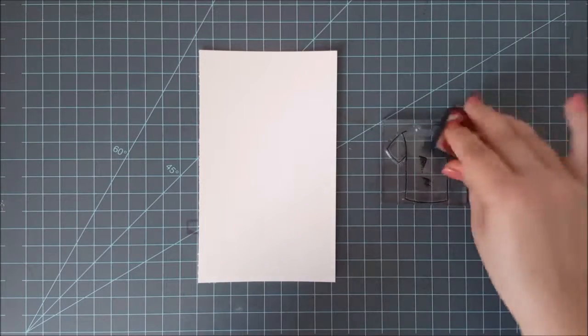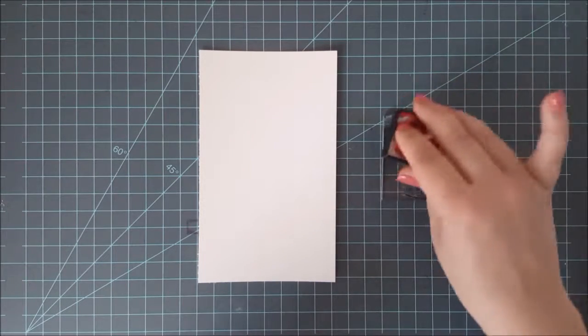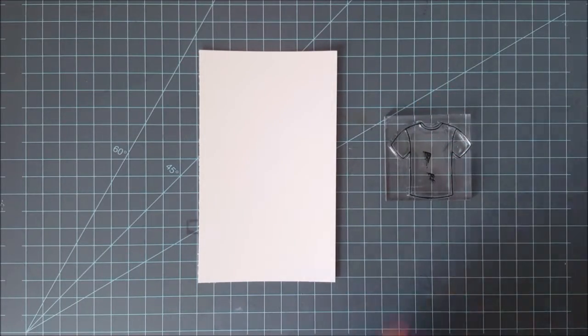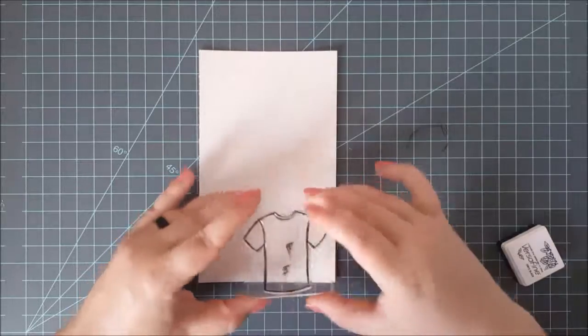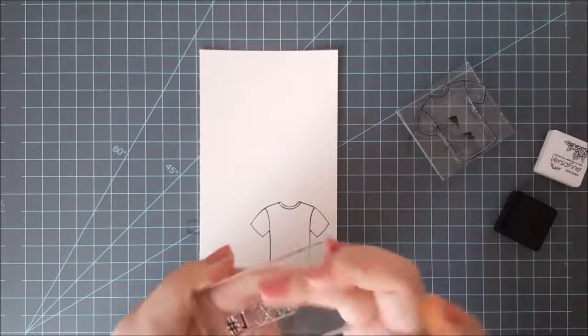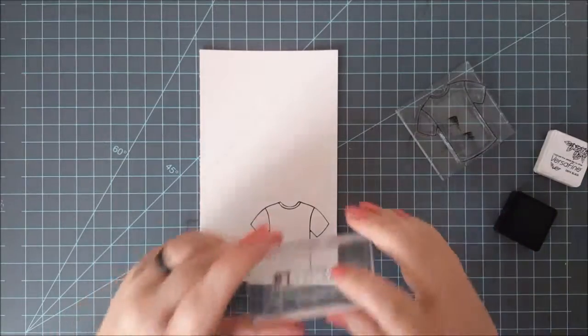And while I'm doing that, I set that background aside to dry because it did have a lot of water on it, and I wanted to keep some really harsh lines. If you bring heat to it, you lose a little bit of those lines, so I set it aside to dry on its own. I stamped out the t-shirt from the